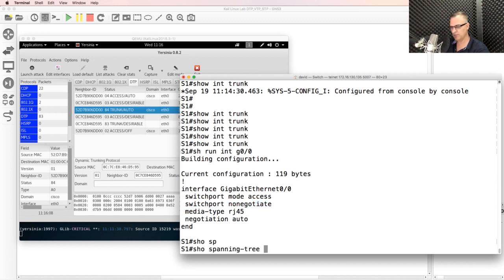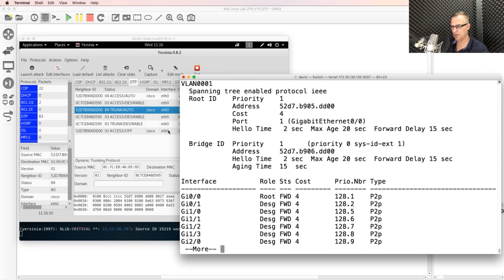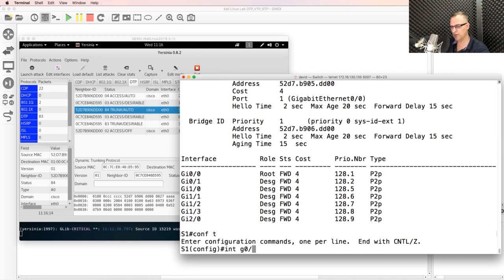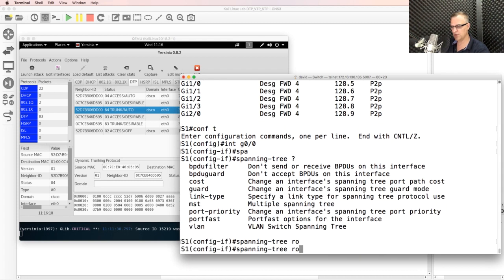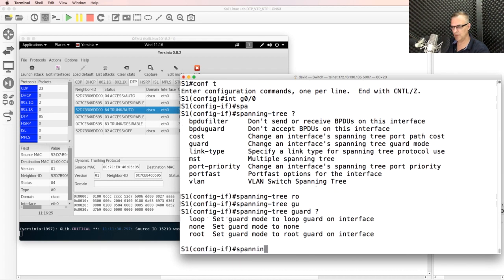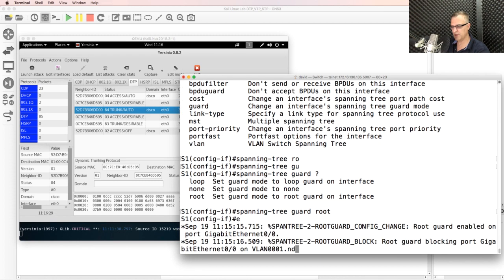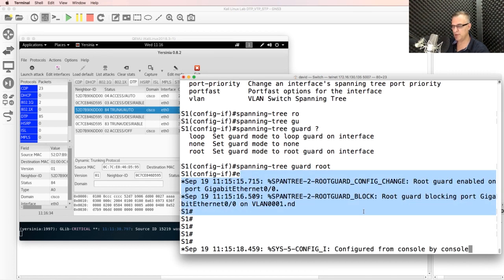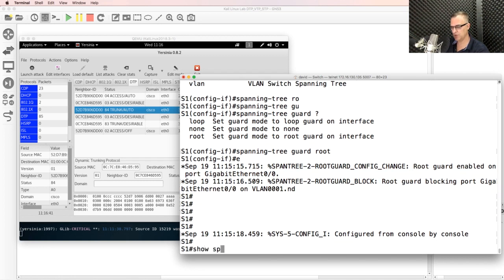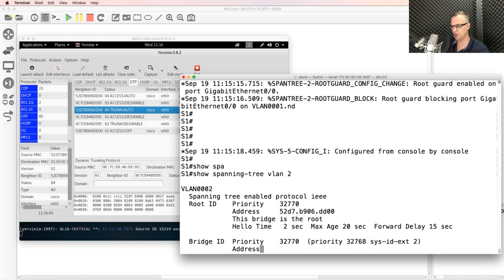Show spanning-tree. The switch is still not the root switch. What we should do on that port is type spanning-tree guard root, as an example. So we want to stop another device becoming the root. And notice as soon as I type that, the port has been blocked because another device on that port wants to be the root. So show spanning-tree,